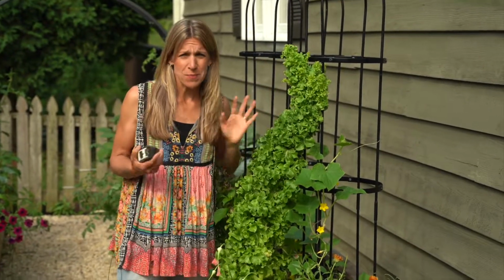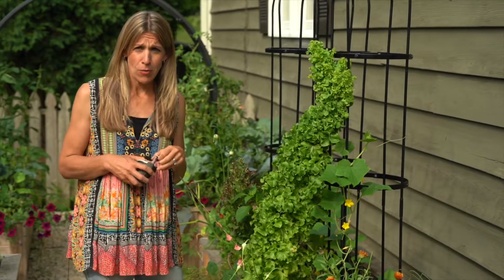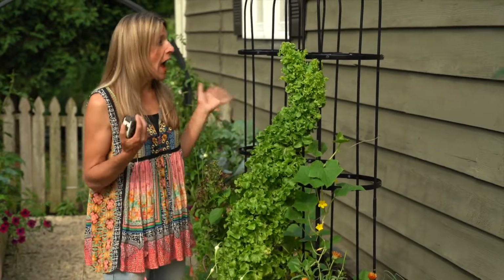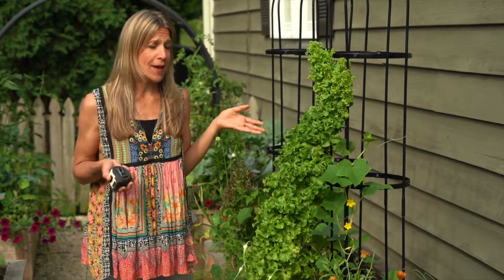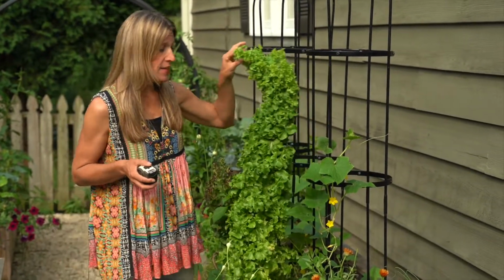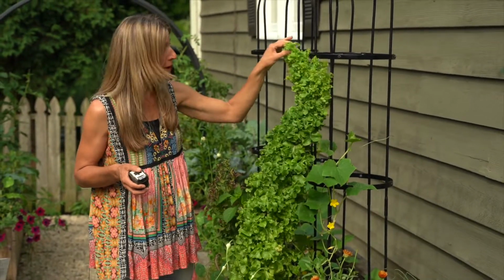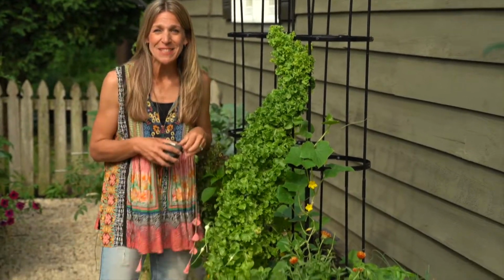So now here we are. It's been a few weeks, maybe 3 or more weeks since I let Lucy just start doing her thing, and she's showing no signs of stopping. Now I do have the trellis now that's giving her some support. You can see she's a little top heavy,